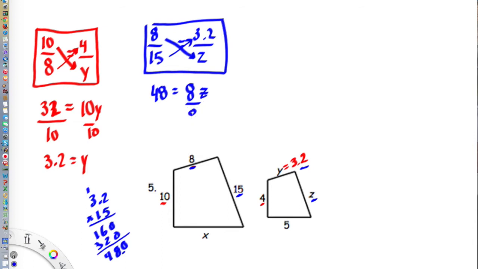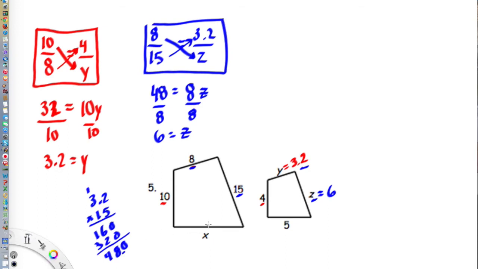I divide both sides by 8, and I get z is equal to 6, because 6 times 8 is 48. So side Z is 6. Now I still have one more to go. I have to figure out what